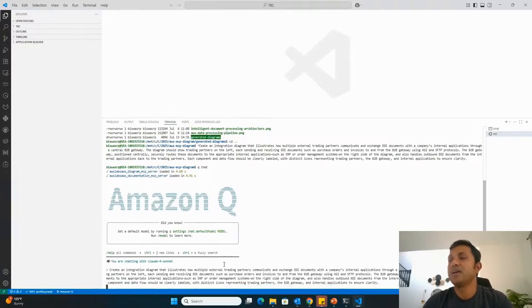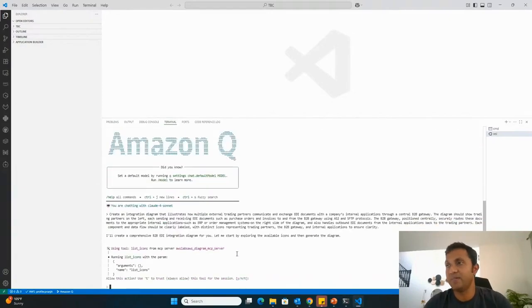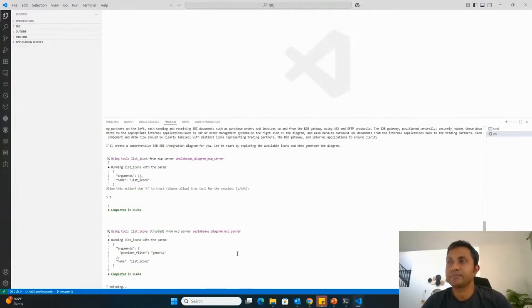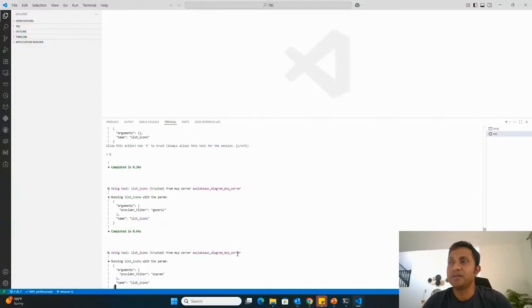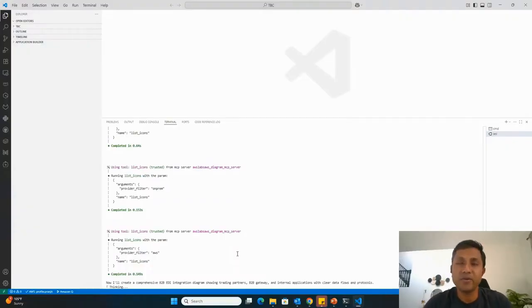Now I'm going to give this natural language query or prompt, and then I'm going to say, okay, help me create a diagram. Now it will ask you to give some permissions, trust, right? So you're the operator, you want to trust it, and then it's going to look into all the information that I've given. It's thinking. So this is the agentic AI concept. It thinks, it does reasoning, it tries to understand what the goal is, and then works backwards to see what steps it has to take and what tools it has to access to be able to create an end-to-end